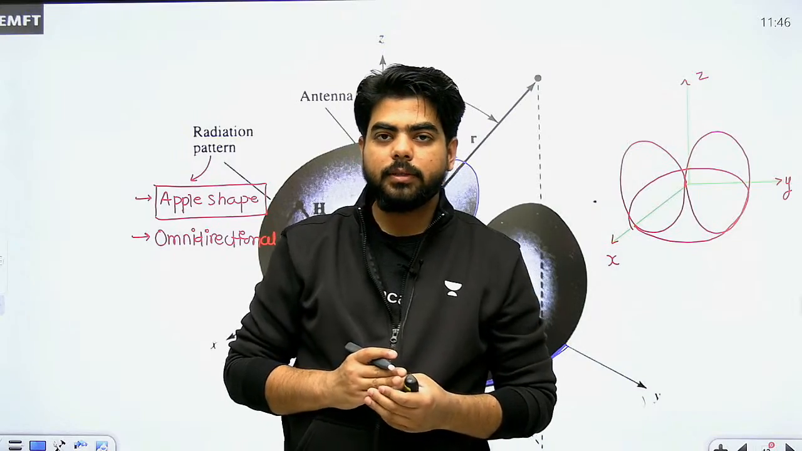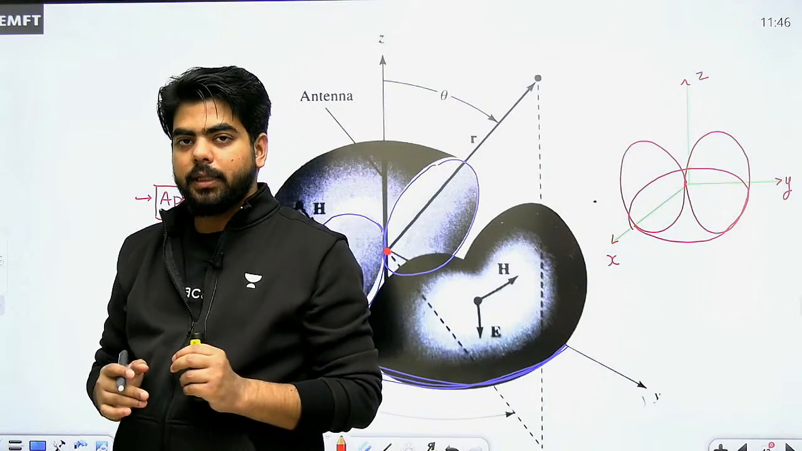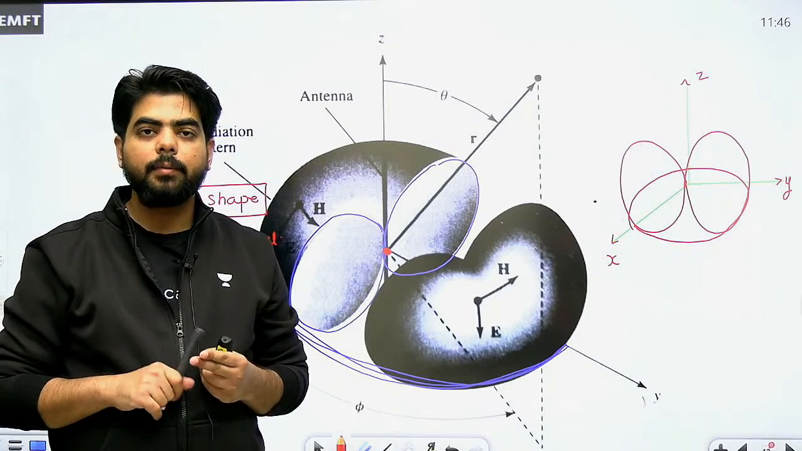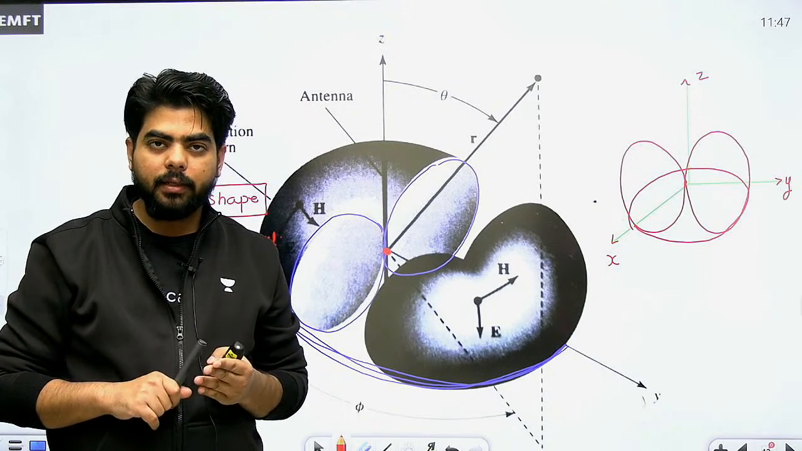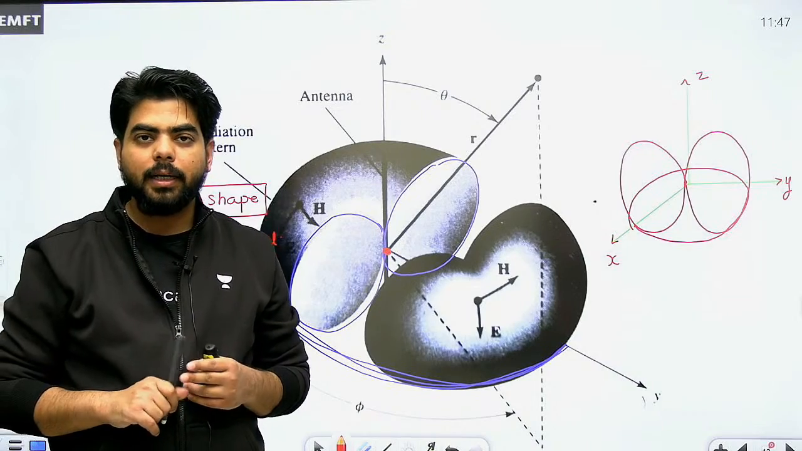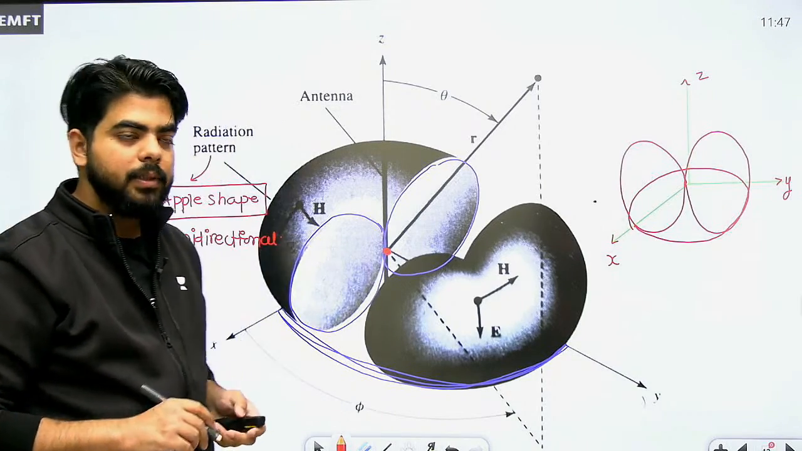तो आपको क्या क्या याद रखना है, लेट मी रिपीट इट वंस अगेन. In case of Hertzian dipole, you have to remember the 2D pattern of E plane pattern, the 2D pattern of H plane pattern, and the name omnidirectional pattern, and the shape that is your apple shape. तो मैं सारी चीज़ें एक जगह कंपाइल कर देता हूँ।